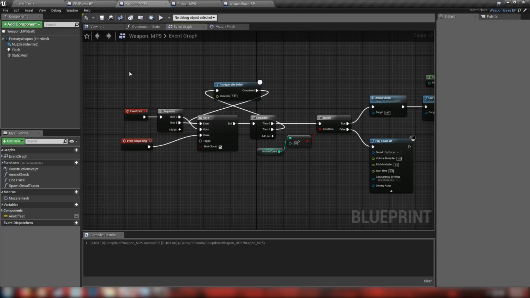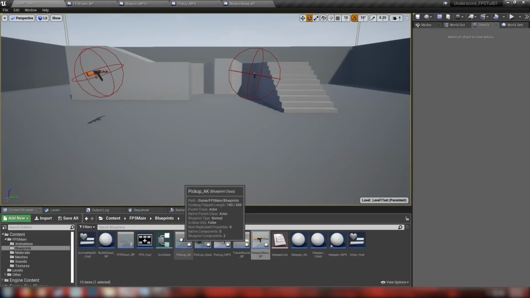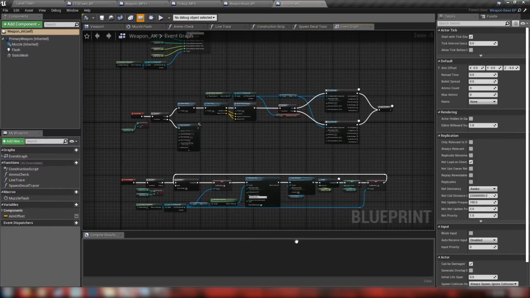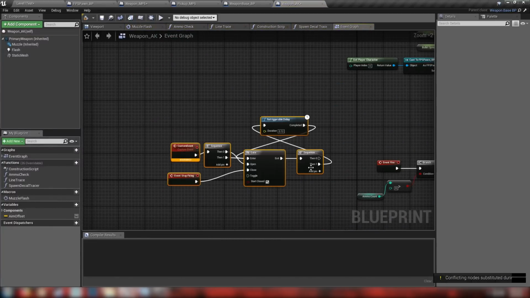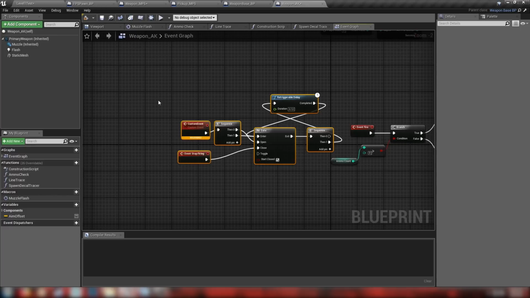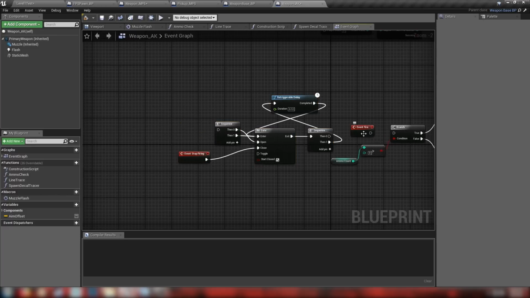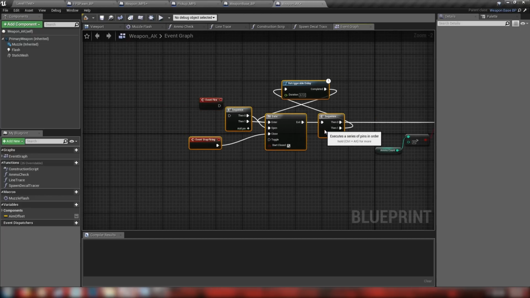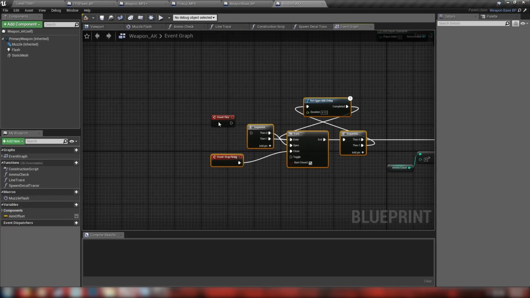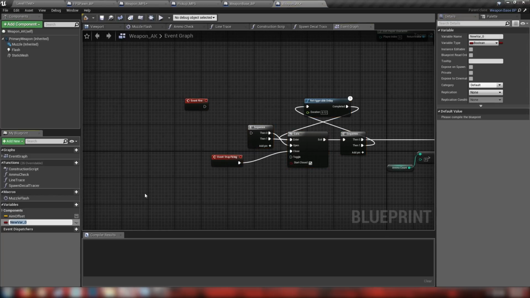We'll just copy this for the time being. I thought it might be fun if we go back to our AK, where is it? Our weapon AK, and make a toggle for semi and full auto. Pasting like that is going to have a conflicting node here because you can't use the same event twice, but that's okay. We'll delete that custom event and hook this back up. The way that this will work is by using a simple boolean. So if we make a boolean variable, call it weapon mode,